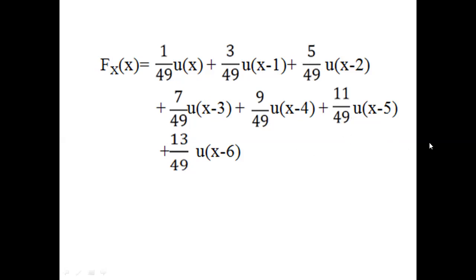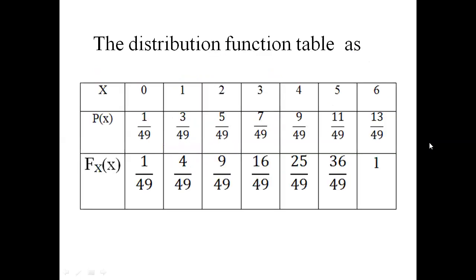In this way also, we are doing the distribution function for discrete random variables. If we draw the plot for this distribution function, before going to draw the plot, take the table. So x, this is the random variable. These are the events. P of x, that means the corresponding probabilities. This is a distribution function, capital F x of x.